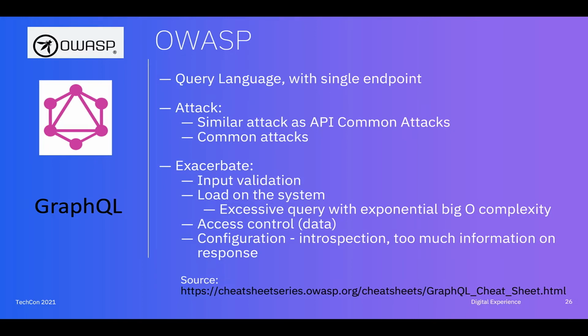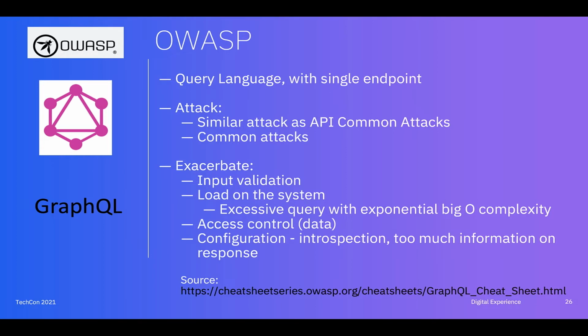GraphQL is a query language, as opposed to REST. It has a single endpoint. For more on GraphQL, you can see various other talks that we've given. And because GraphQL is different than REST, there are different kinds of attacks, although they fall mostly into similar categories with one special difference. So we're going to talk about the standard attacks for GraphQL that are listed on the OWASP cheat sheet, but